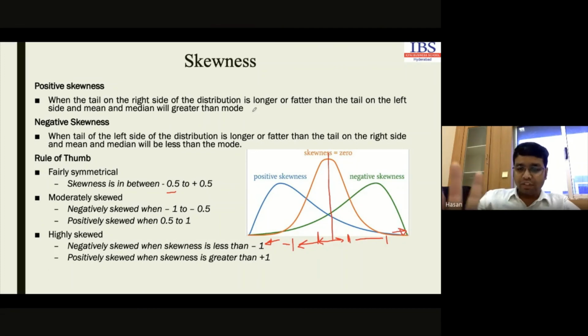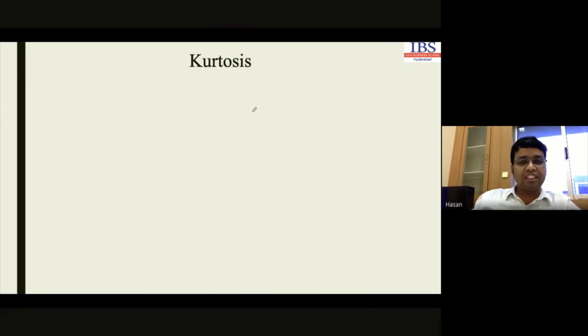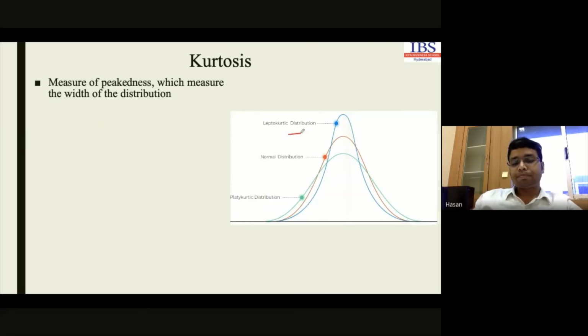Okay, I'm just taking 2 more minutes to explain one more thing. Kurtosis. So till now we have just discussed the dispersion sideways, horizontal dispersion, horizontal deviations. Now we have to take the vertical deviations also. In case of vertical deviations, normal curve is considered as the standard one, whose value is 3. So standard kurtosis value is 3.